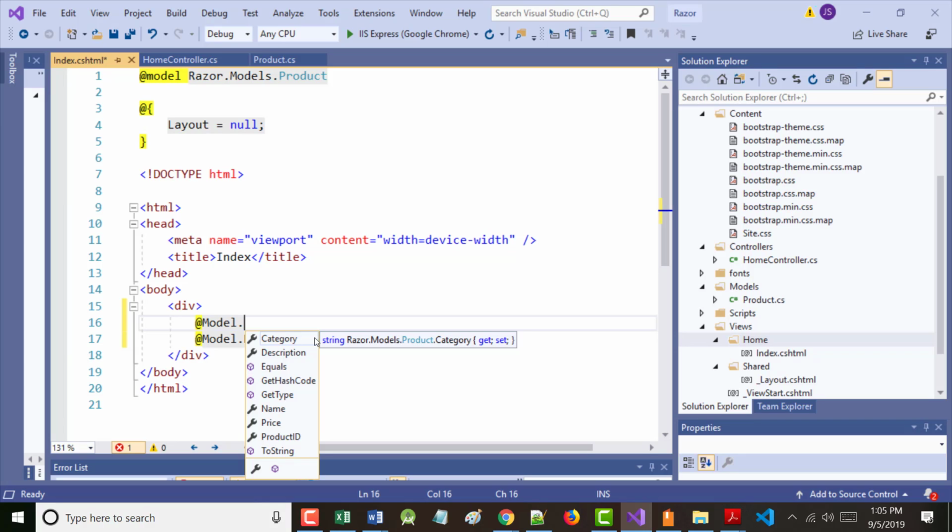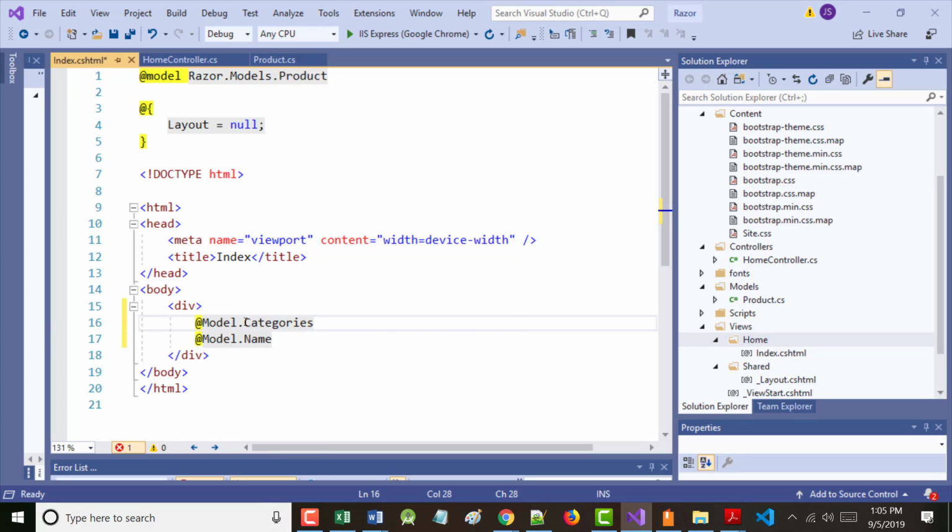If I'm a terrible speller and I think it's categories, sooner or later I'm going to get the red squigglies. It's saying there's nothing that exists by that name. So you get the IntelliSense help, and if you had errors, it'll show you those errors before you go in and actually run the program.